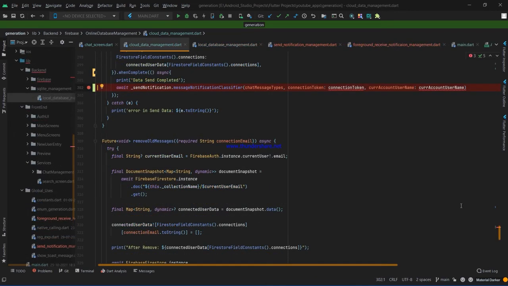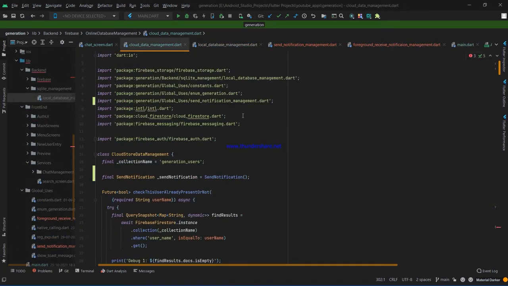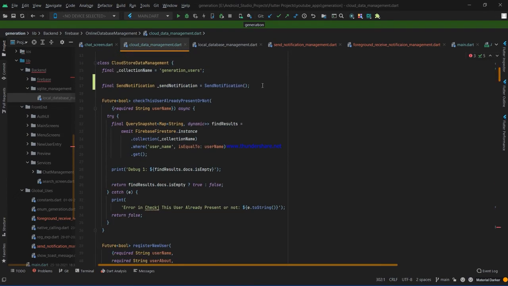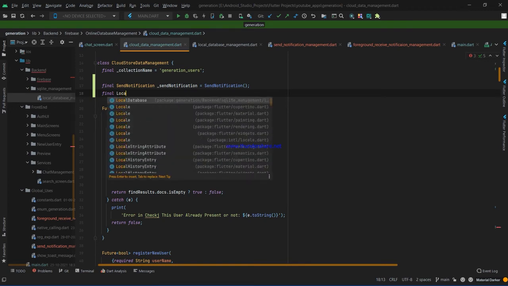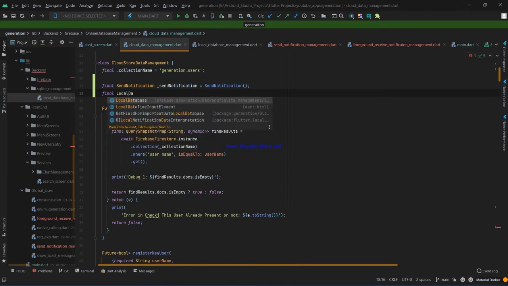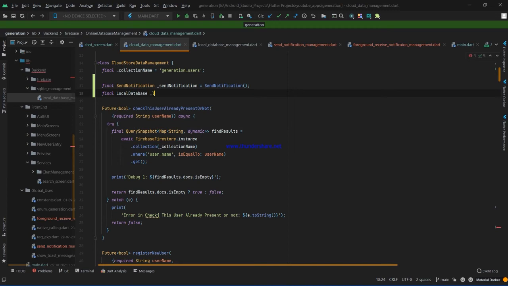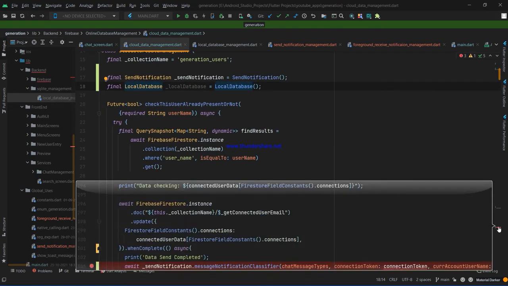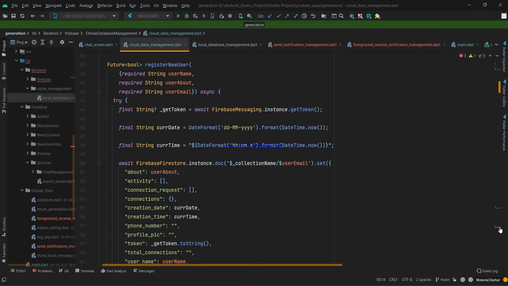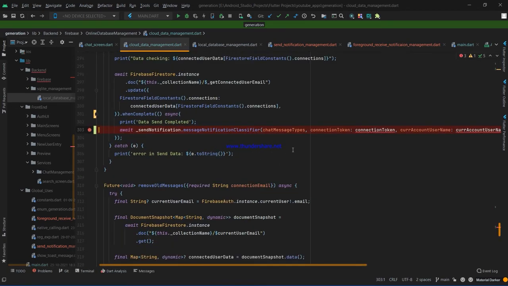We have to go to the top, and what's the problem? We have to make a final local database. Okay, so we make the object of local database and come here to the bookmark point.